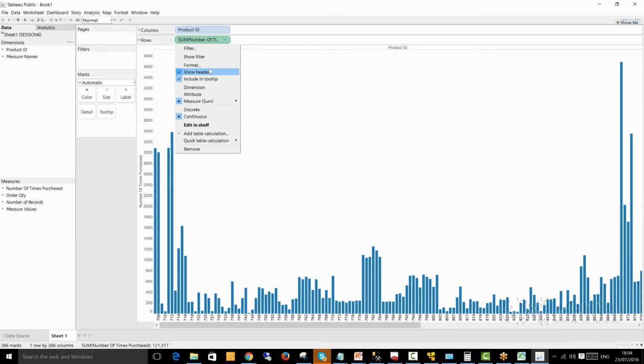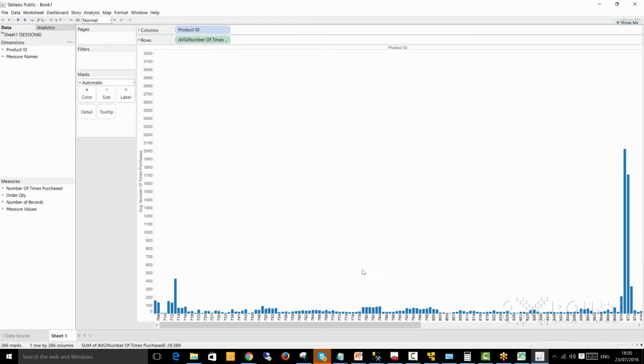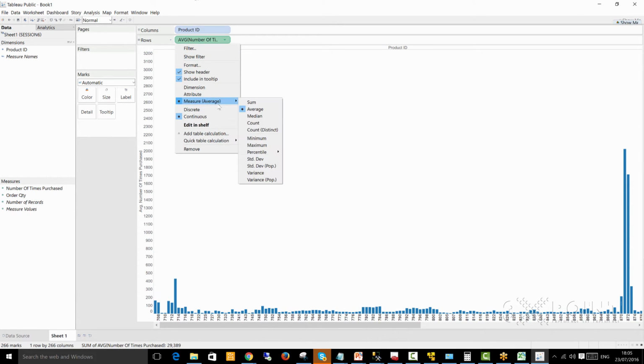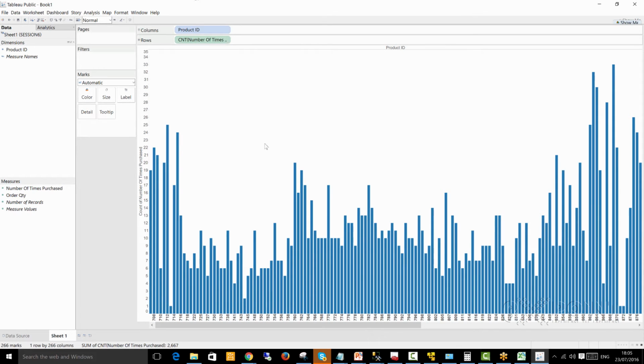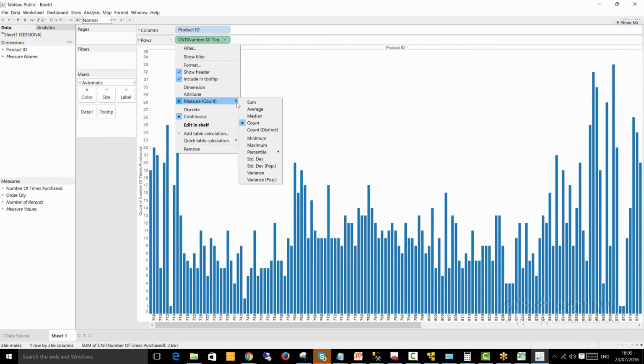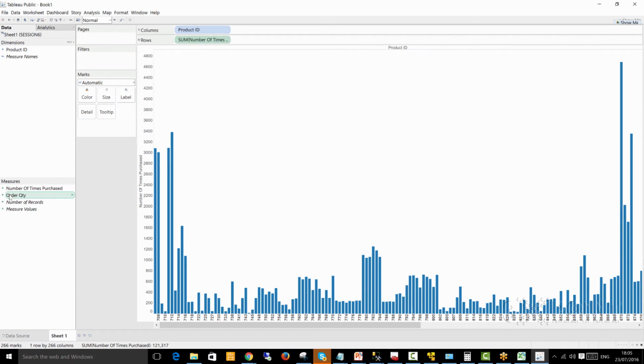So let's say, for example, we want to see average. You see, it changes automatically. And let's say we wanted to do count. So these are fantastic things that we can actually do. Let me leave it at number of times purchased. I'll leave it at sum, and I want to bring order quantity